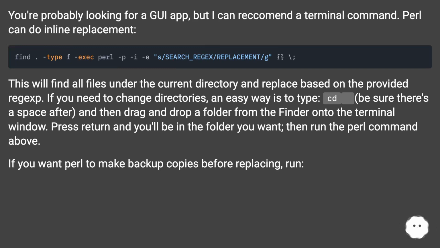If you need to change directories, an easy way is to type cd, be sure there's a space after, and then drag and drop a folder from the Finder onto the terminal window. Press return and you'll be in the folder you want, then run the Perl command above. If you want Perl to make backup copies before replacing, run: